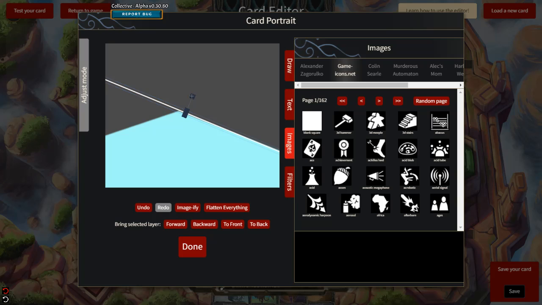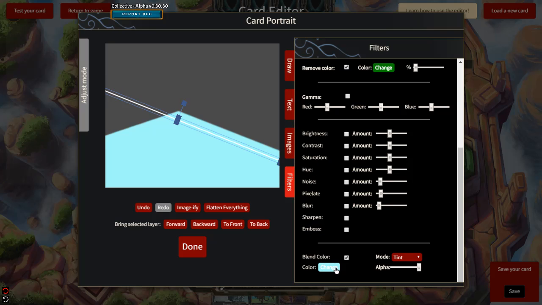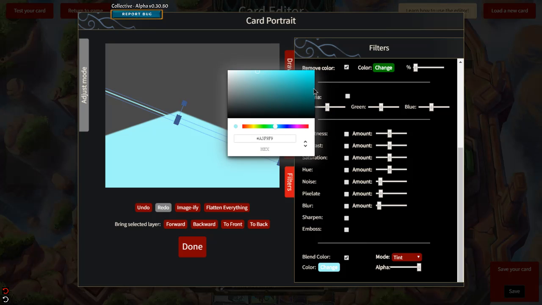So this should be perfect. It's pretty close. It's not exactly right. Let me see if I can stretch it just a little bit better. I said stretch it, I meant rotate it. There we go. That looks about right. So I'm going to go back to our filter. Because we just did this, it'll actually be the same color, and we're just going to darken that up a little bit. So it's right here, so we're just going to come down